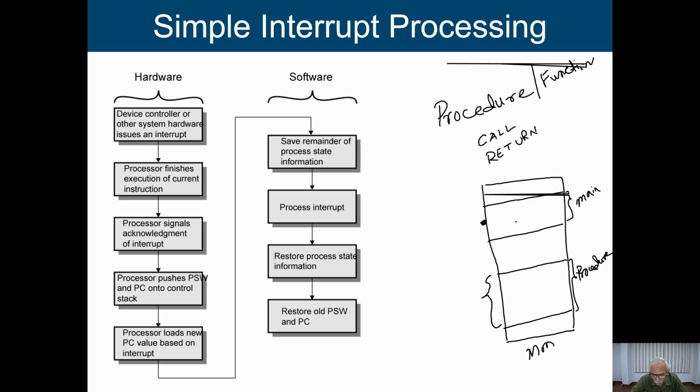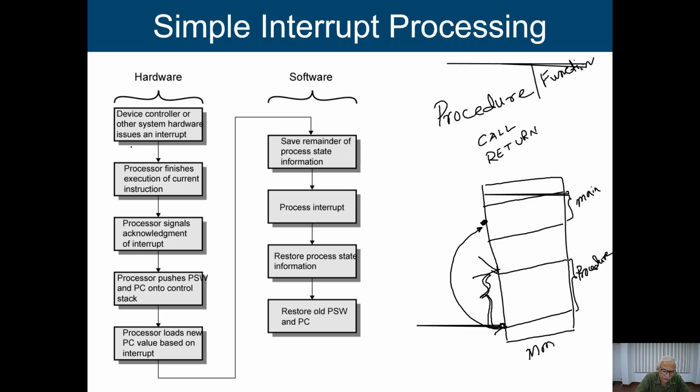When we are going to transfer the operation, then what will happen? It has to execute this particular procedure, which is basically a device service routine. This is similar to a procedure call, only from here we are coming to this particular procedure. After completion of this procedure, it will go back to the next instruction. So these are the things that we have to do. This is the simple process.